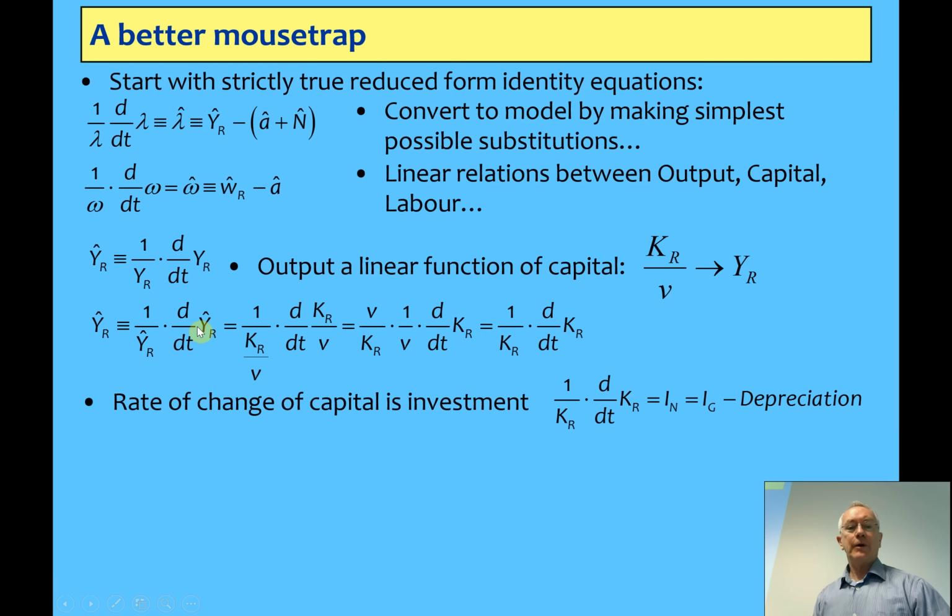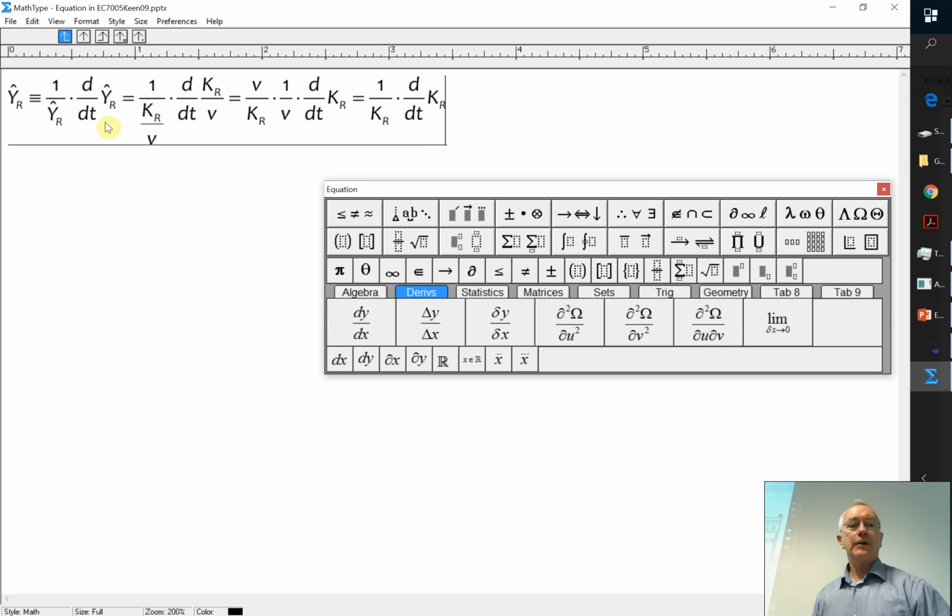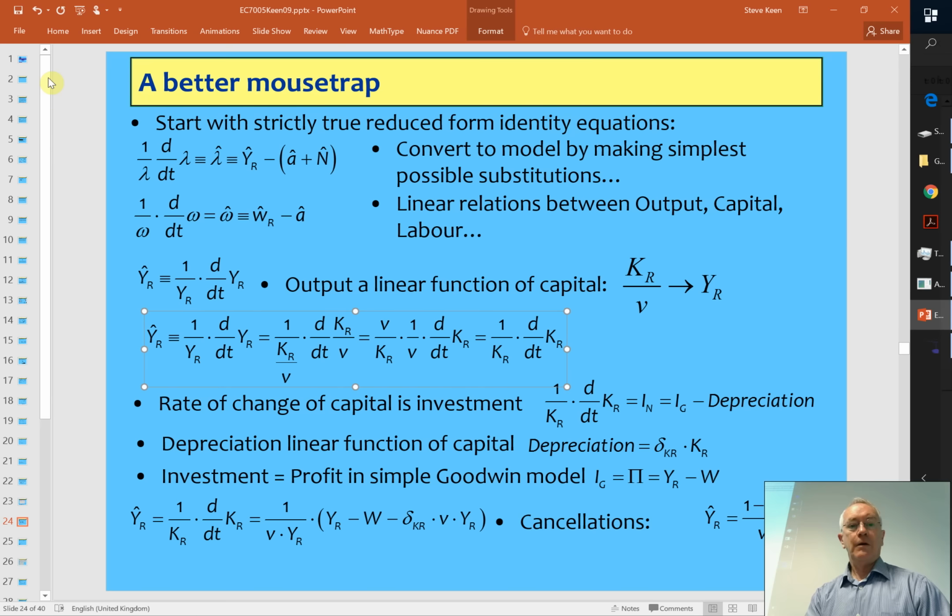I'll just fix up that equation there, pardon me. That mistake. So let's just fix that. So it should be y, not y hat down there. Okay. Now, the rate of change of capital, again, another assumption, so that's investment minus depreciation. Okay. So there's the rate of change of the real capital stock, that's why I'm using K subscript R there, is going to be